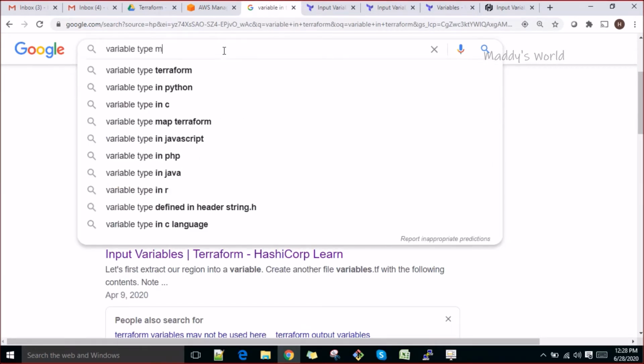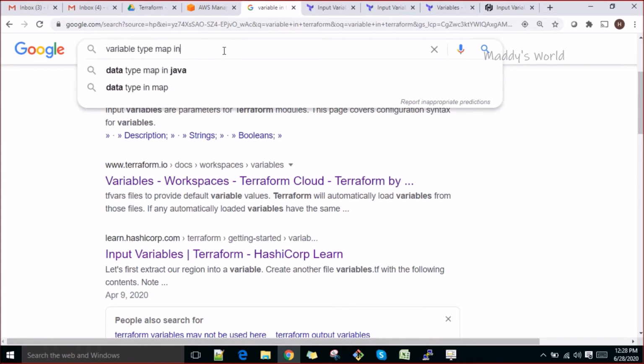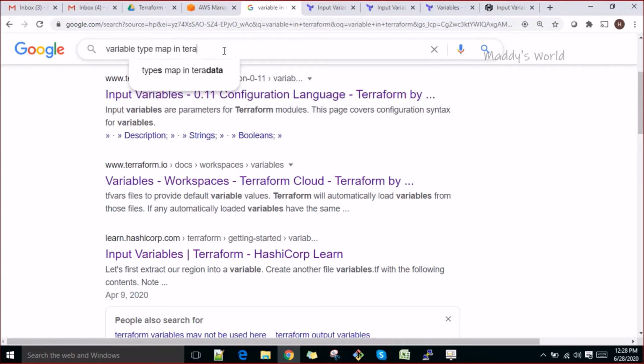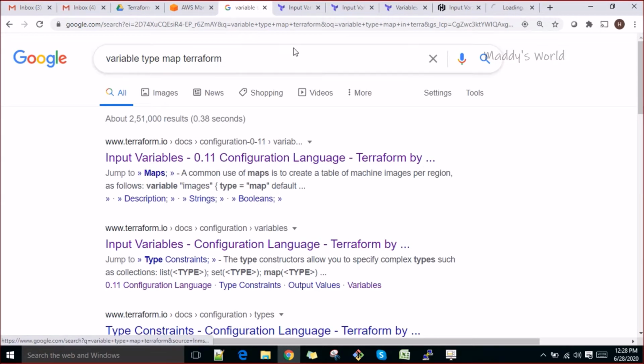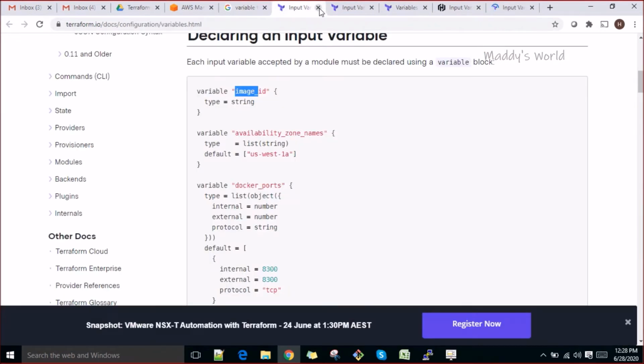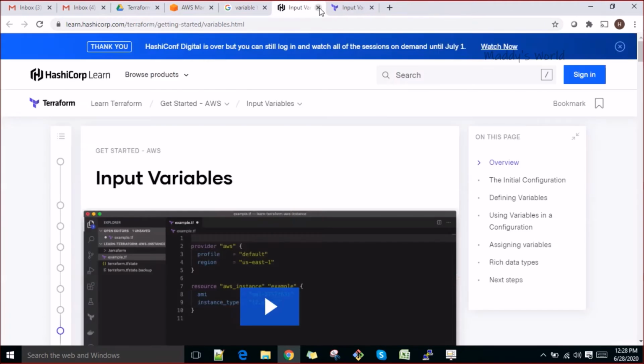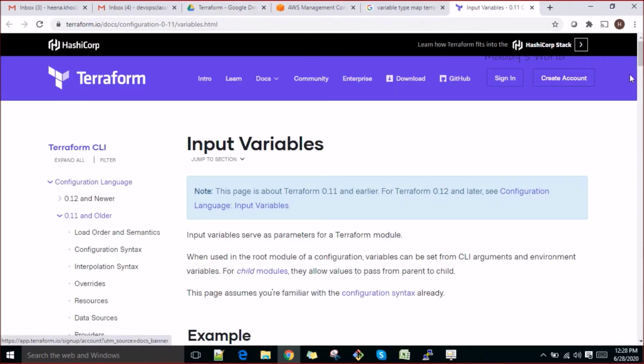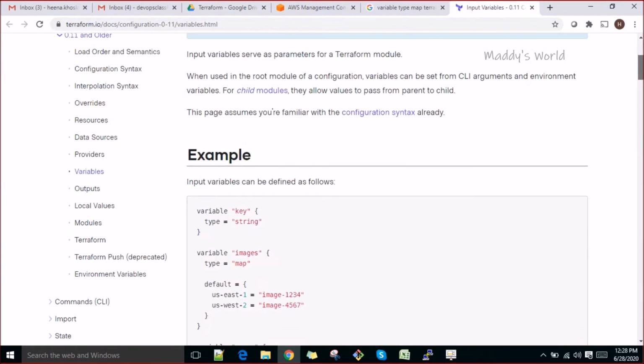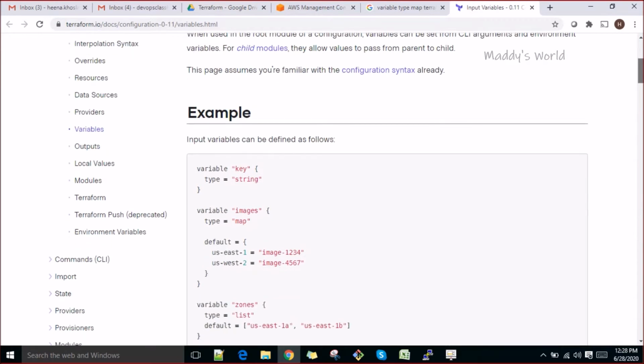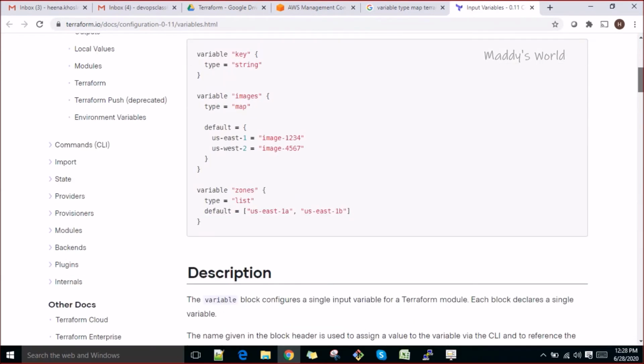Variable type map in Terraform. The reason I'm showing you these things is that it can help you.